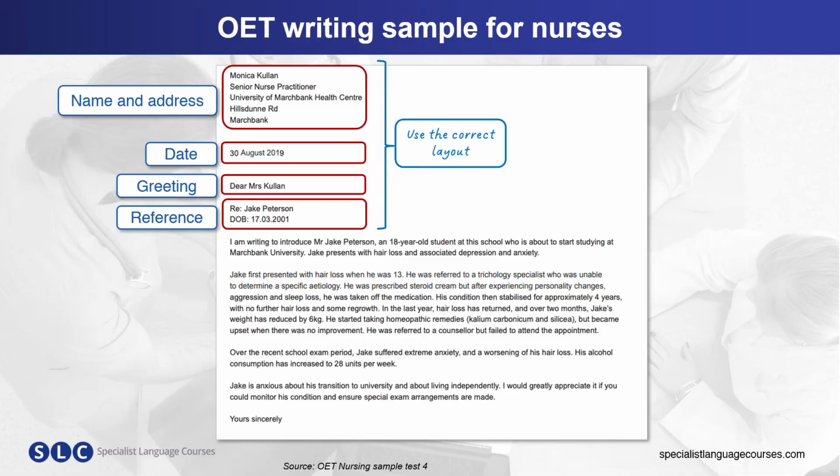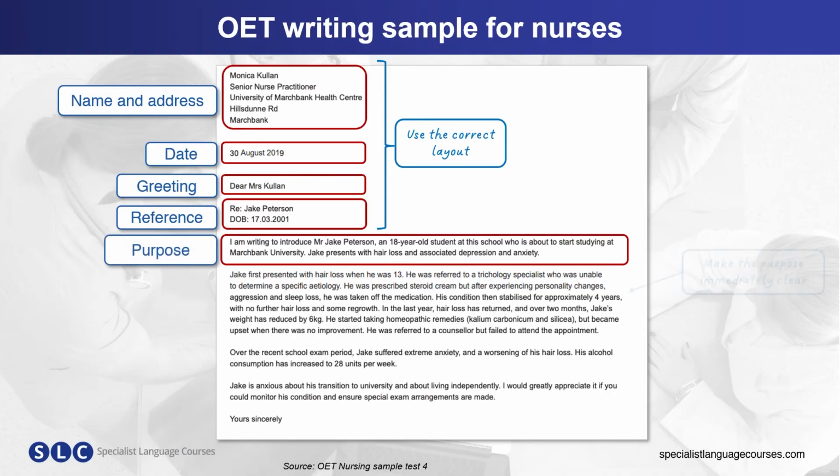The first paragraph introduces the patient and the reason for writing. To score well in the purpose section of criteria, it is essential that the reason you are writing is immediately clear in the first paragraph and expanded well throughout the letter. In the second